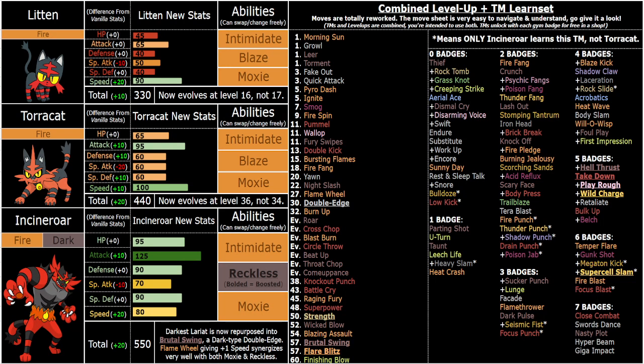What's good, y'all? I'm here to talk about the buffs and changes I've made for Incineroar in my ROM hack, but before I get into explaining my thought process behind the stat tweaks, the ability choices, and most importantly, all of the crazy new moves and all of the effects of these moves, I want to have a disclaimer for